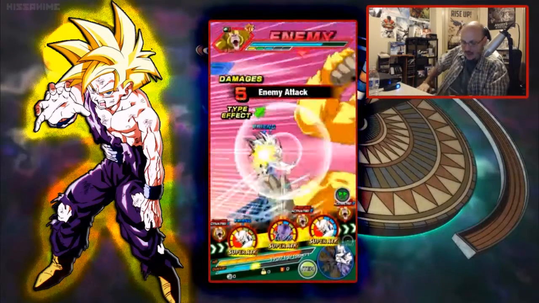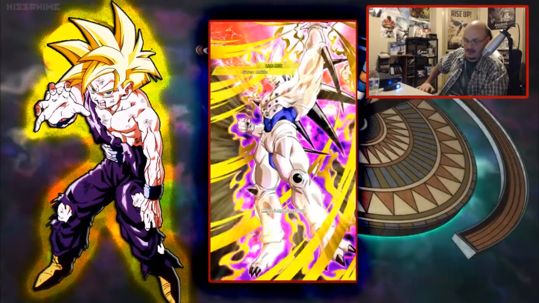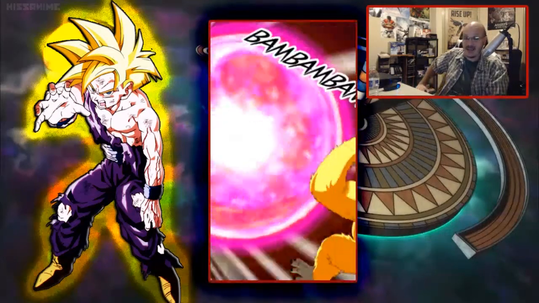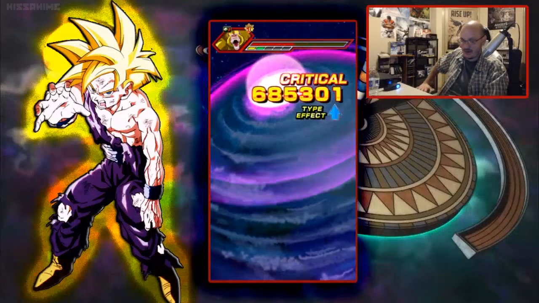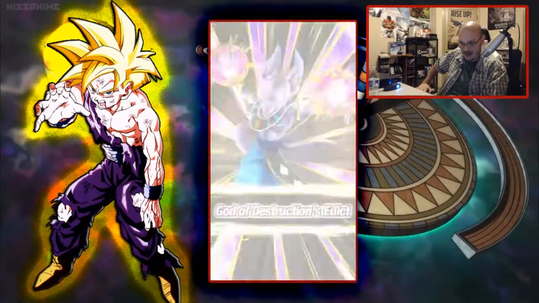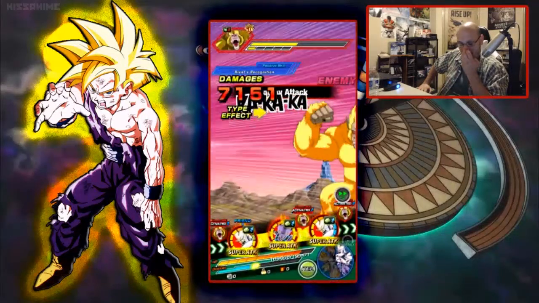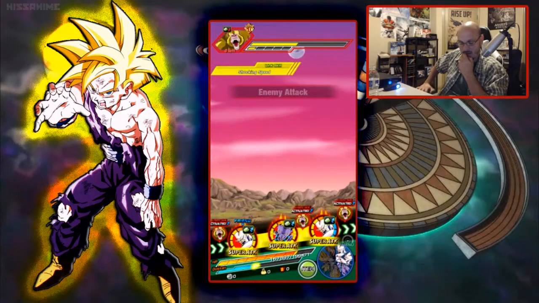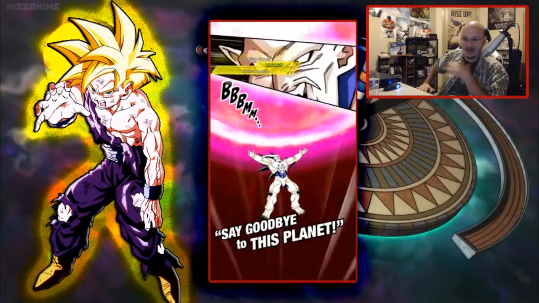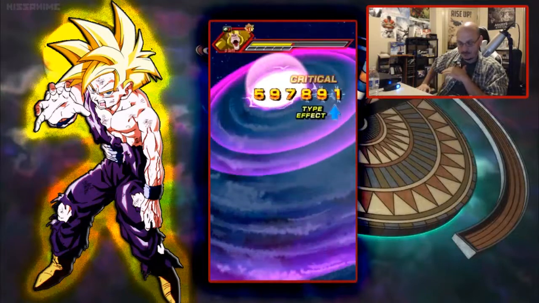So we got double Omega Shenrons, so they're gonna lower his attack immensely. Because it stacks. That was one of the best things about Omega Shenron, that he could do that. He lowers the attack of the enemy when he's in play, and then he has just a fantastic high defense stat. He's just a very well-rounded character,